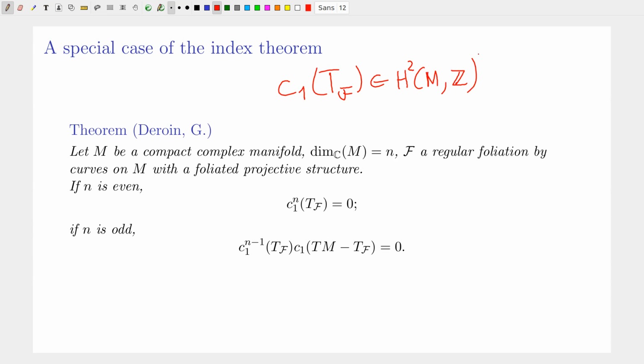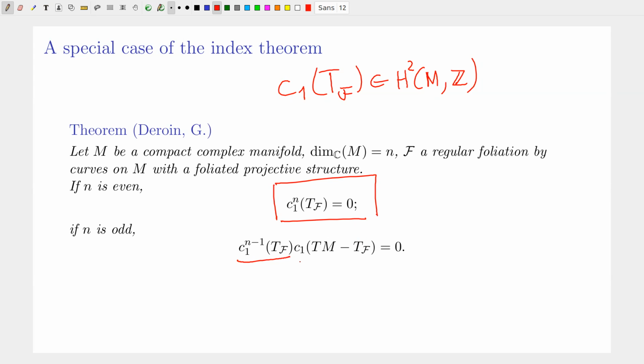And so this index theorem will tell us something about these Chern classes when these foliations admit projective structures. So if our manifold is of even dimension, we can prove that the top exterior power of this Chern class vanishes. Okay, and when n is odd, we have that this